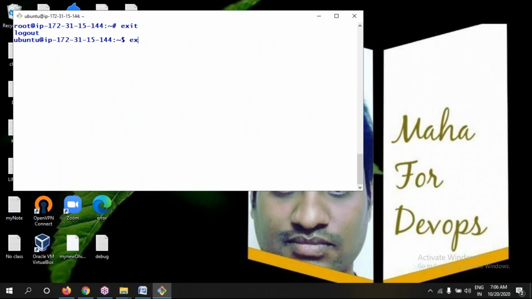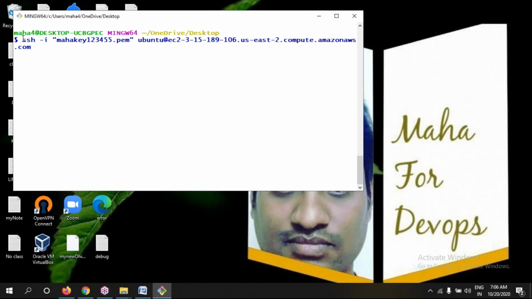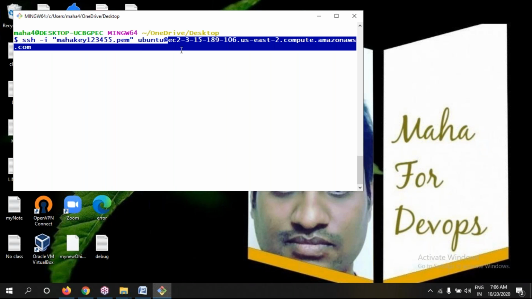After ssh, it's a command, -i. It picks up this PEM file. Our PEM file name we declare here. ssh -i is nothing but please pick up this PEM file. By using this user, with the help of the DNS, we can get into our cloud server. I hope you understood very clearly.